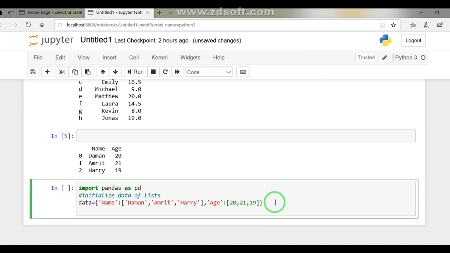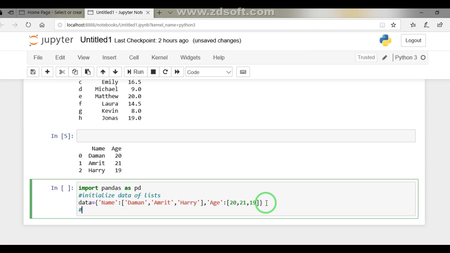Now the next step is how to convert this data into a data frame. Students, the important thing here is that we have used lists. List 1 contains the names of students, list 2 contains the ages of the students, and combined together, see these braces basically represent the data dictionary. So it is the use of the list data type as well as the data dictionary.